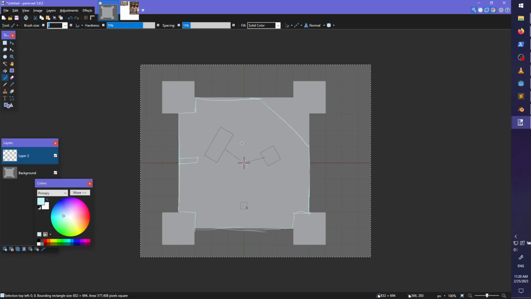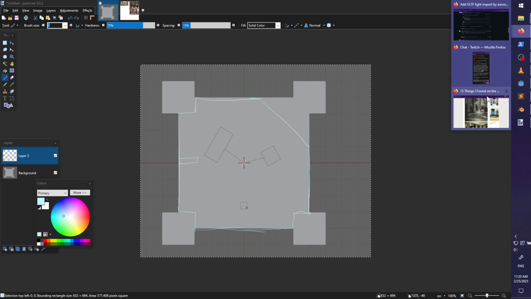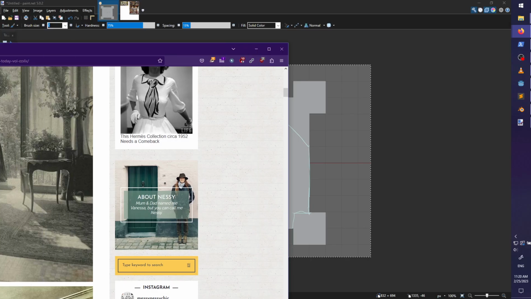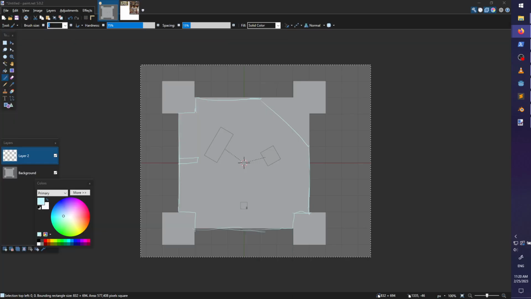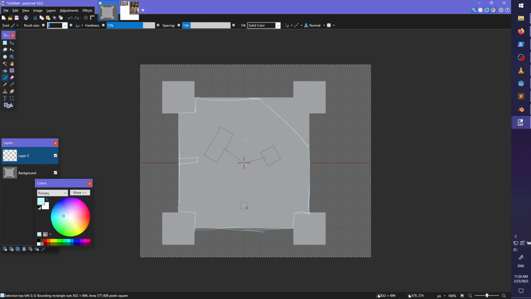Okay, but let's look at what I can do. So I'm going to pull this over to the other side. So let's say for now, just for my convenience, the room will be aligned to the grid still, so that way I don't have to resize it. But first things first, I think this chair needs to be like here. A little bit more inward. Then let's get like